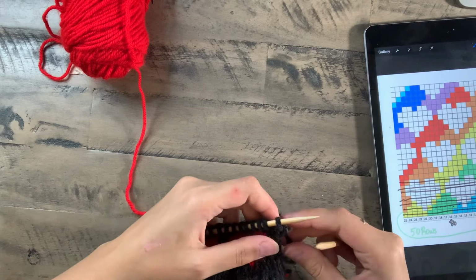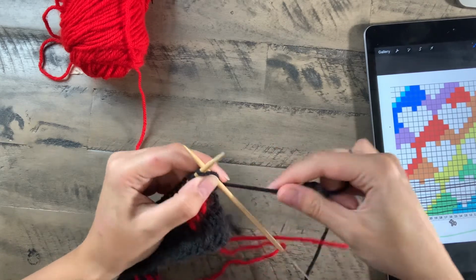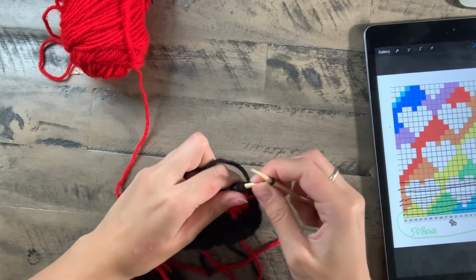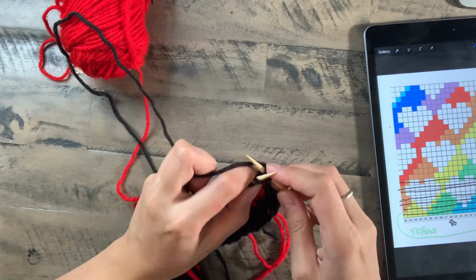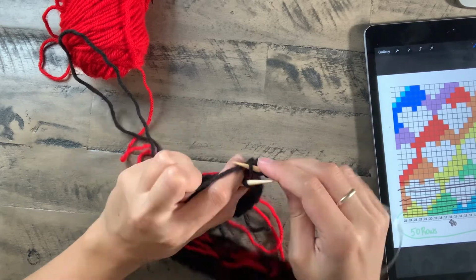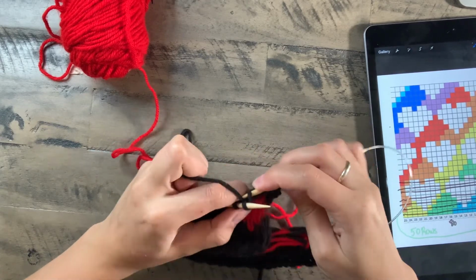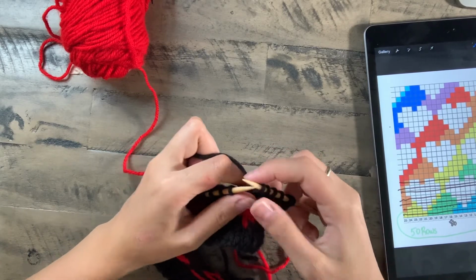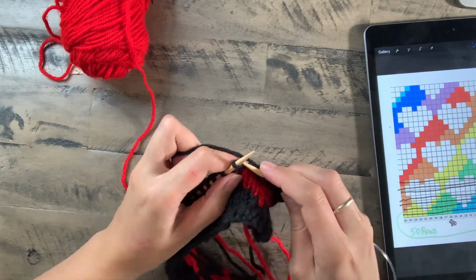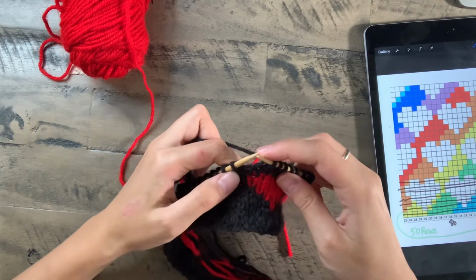So let's do this. So we're gonna knit. Now we're gonna knit 8 black. Again, to knit, we're just gonna put my yarn to the right. 1, 2, 3, 4, 5, 6, 7, and 8. Cool. So here's our 8 black chains, and now we're gonna grab the red and we're gonna do